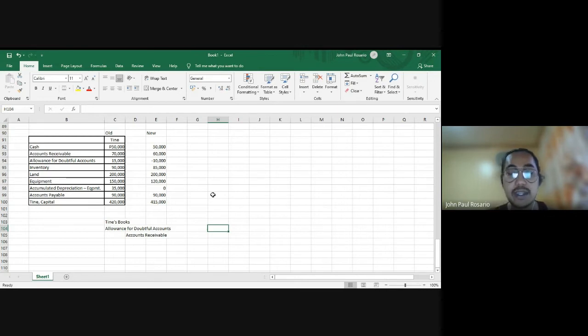So this is simply netting out your allowance for doubtful accounts and accounts receivable, removing from your allowance and your accounts receivable the amount that you are already certain is uncollectible. Because when you say allowance for doubtful accounts, it is still doubtful. But this time, you are already certain that this amount is uncollectible, so we have to write it off. So write off.